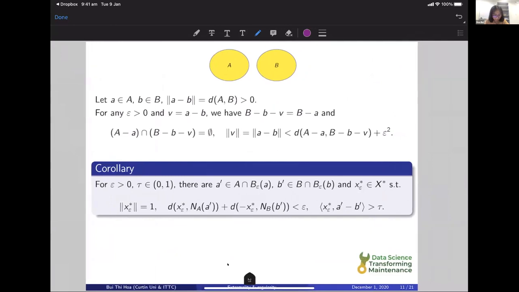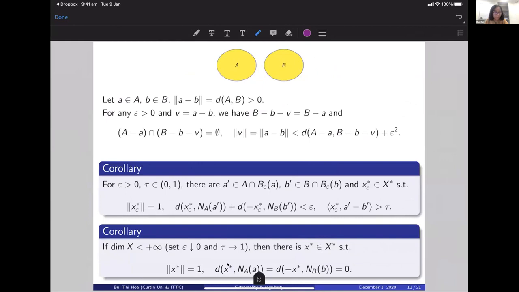And then in a finite dimensional space, if we take epsilon converging to 0 and tau converging to 1, then we have this property. This property holds with A and B being the nearest points of the two sets A and B. So this is just one of the applications of the building block we created. We can use this building block for many other purposes. For example,